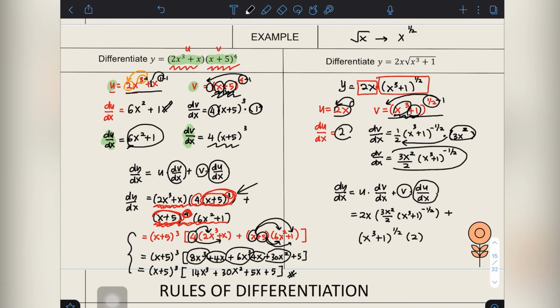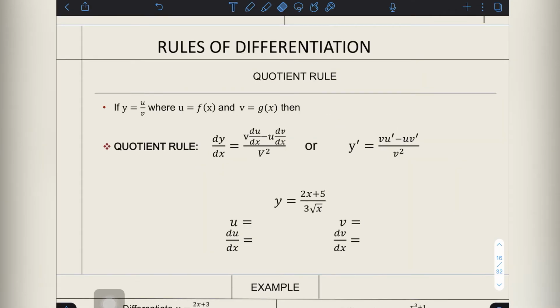Alright, now it's just the process of simplifying your equation. Up to this one, you actually have done the differentiation by using the product rule. You need to remember the product rule is used when you have to differentiate an equation with two different terms that are separated by the process of multiplication. So now,